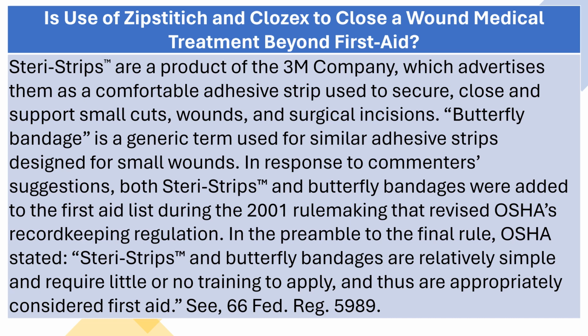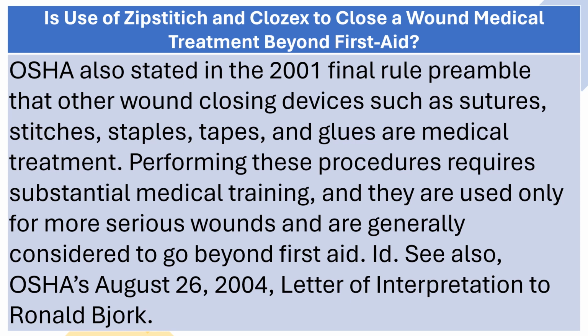In response to commenters' suggestions, both steri-strips and butterfly bandages were added to the first aid list during the 2001 rulemaking that revised OSHA's record-keeping regulation. In the preamble to the final rule, OSHA stated, "Steri-strips and butterfly bandages are relatively simple and require little or no training to apply, and thus are appropriately considered first aid." See 66 Fed. Reg. 5989. OSHA also stated in the 2001 final rule preamble that other wound closing devices such as sutures, stitches, staples,